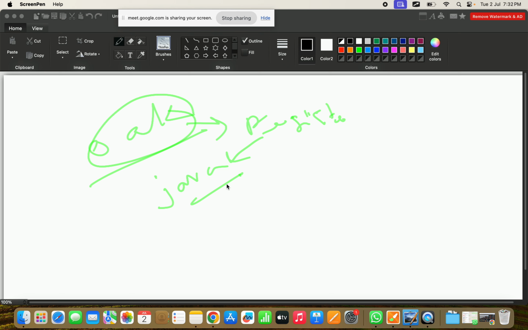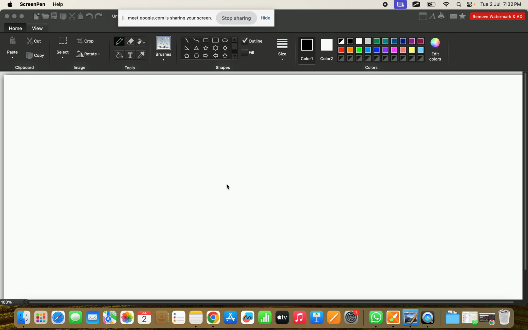Now in the definition of Java, I have mentioned two things. One is Java is a programming language, and also Java is a platform, right? Why is it a platform? First thing, what is a platform? Any hardware or software,